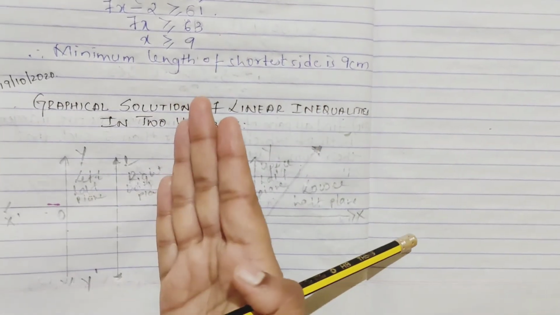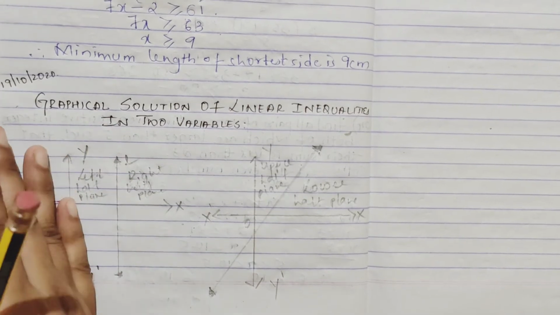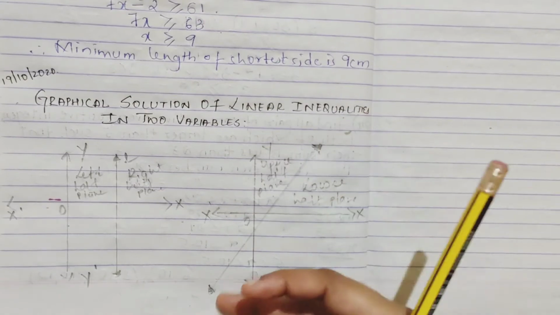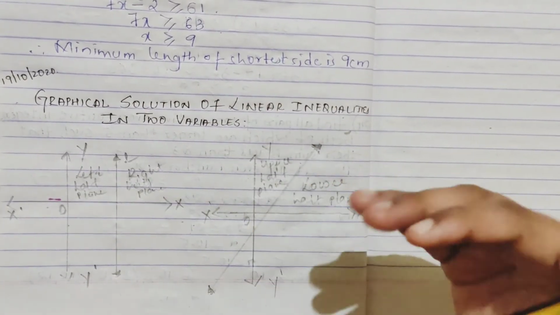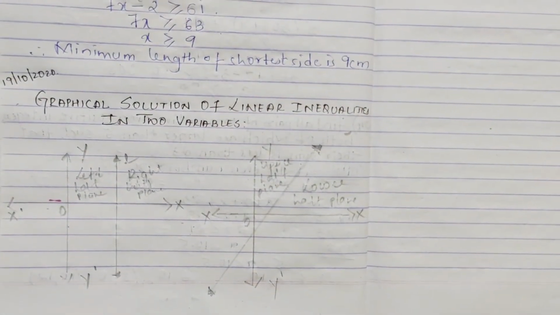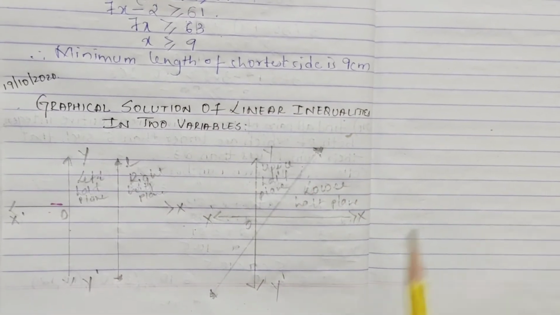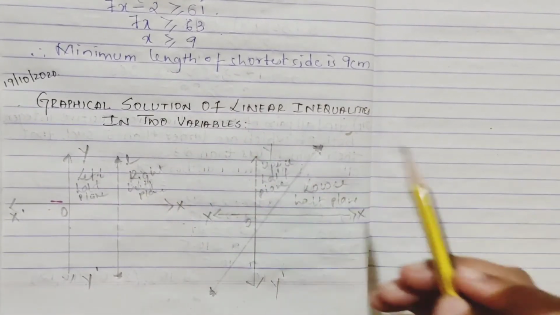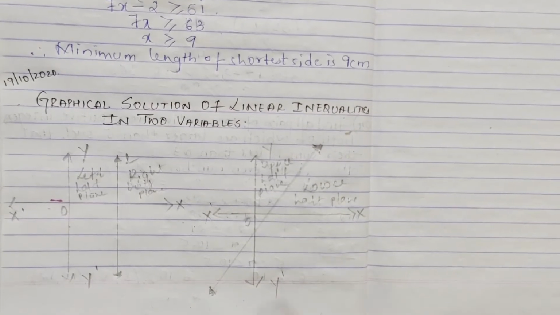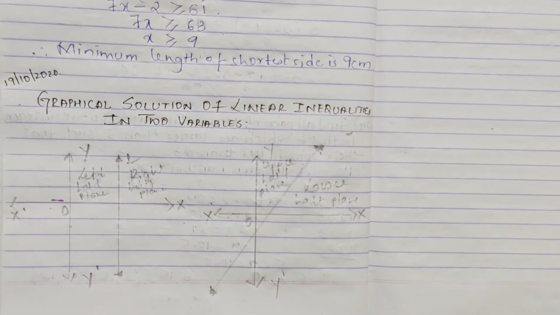When a vertical line divides the Cartesian plane, you call it the left half plane and right half plane. But when a non-vertical line divides the Cartesian plane, it is called the lower half plane and upper half plane. That's it. You just have to be concerned with this, and then we'll jump directly to problems, and you'll understand how to do it. You have to plot it and take the points, which you have done in linear programming, to draw the graph.